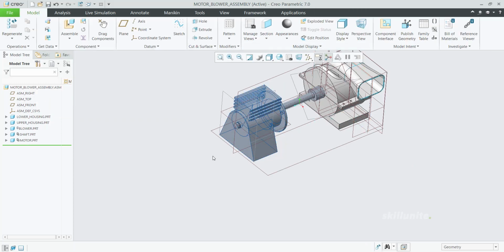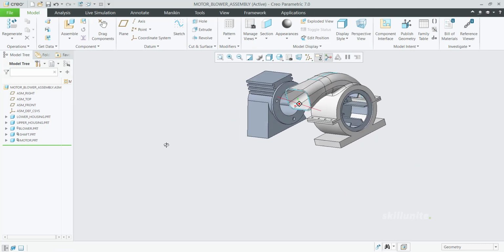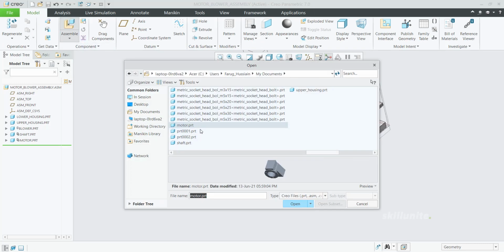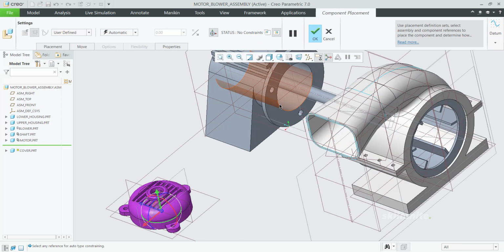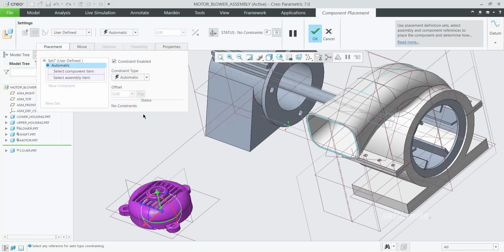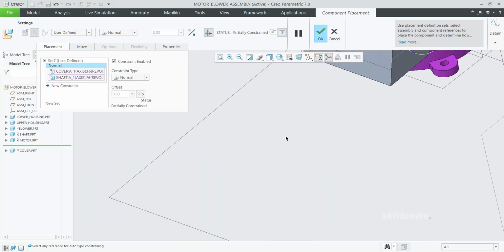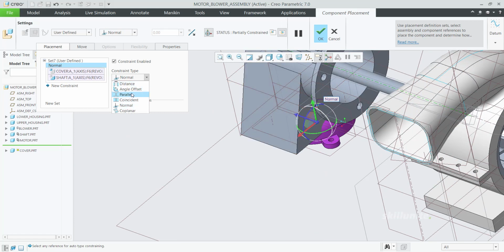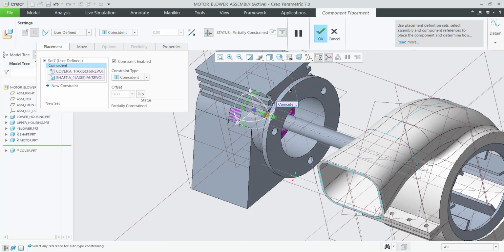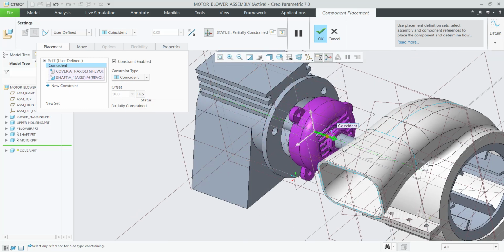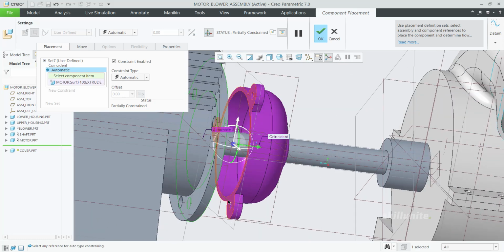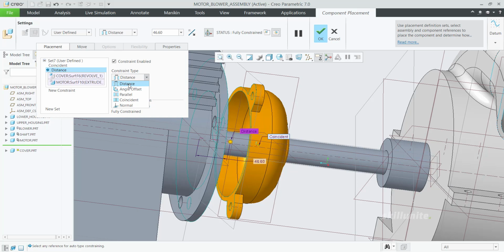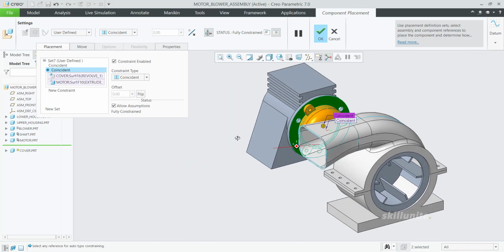I'll click OK. Next is the cup, the casing, the cover that we need to place. Click on that one and go to placement. Select this axis with this axis and make it coincident. Then bring it out. This face and this face have to make contact, coincident.